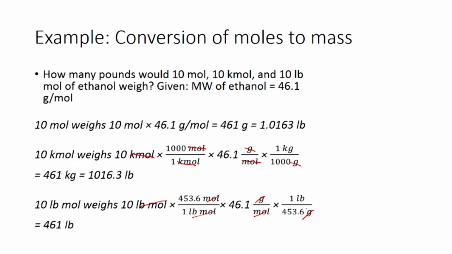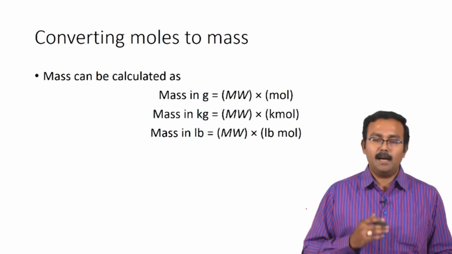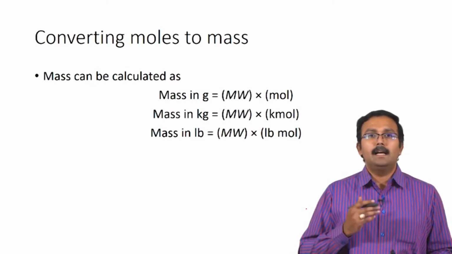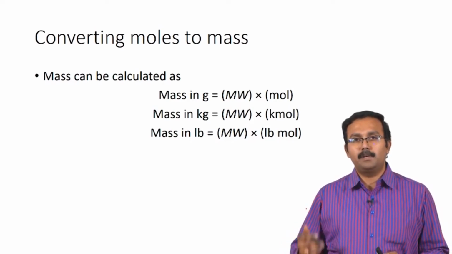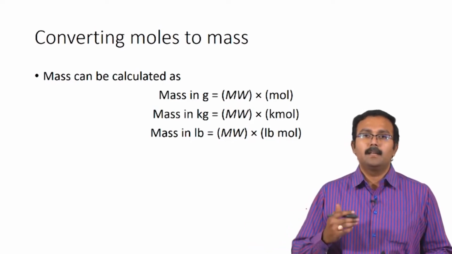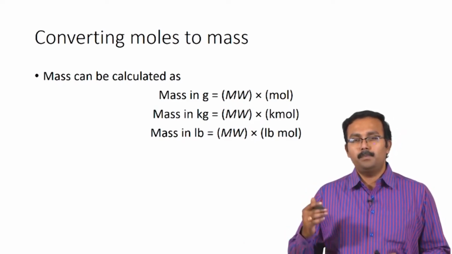ethanol. So, based on this we see that the molecular weight of each of these substances in terms of grams per mole, kilograms per kilomole and pounds per pound mole can be used to convert them directly into masses. So, you can calculate mass in grams as molecular weight expressed in terms of grams per mole times the moles, and mass in kilograms can be calculated as molecular weight expressed in terms of kilograms per kilomole multiplied by the kilomoles. Mass in terms of pounds can be calculated as molecular weight in terms of pounds per pound mole times